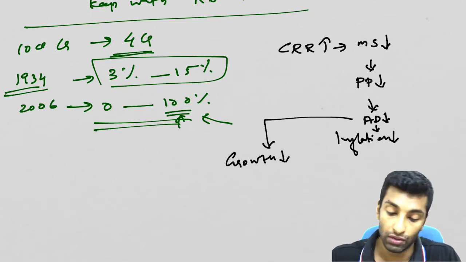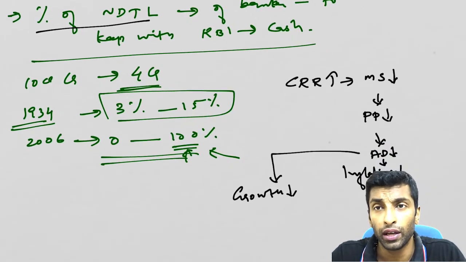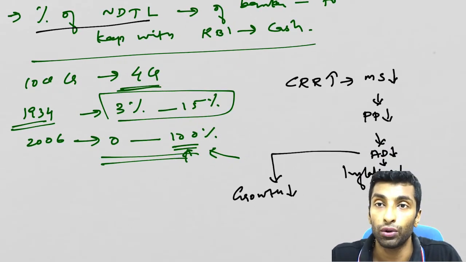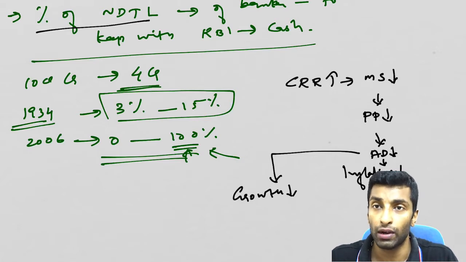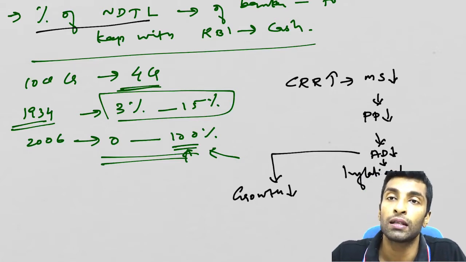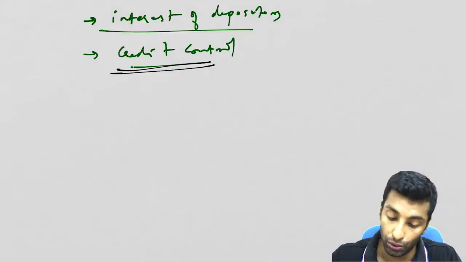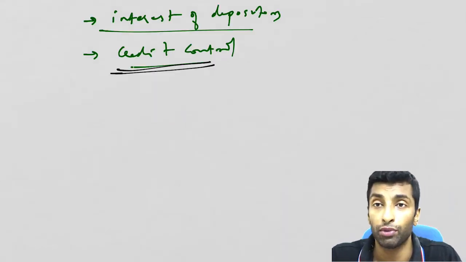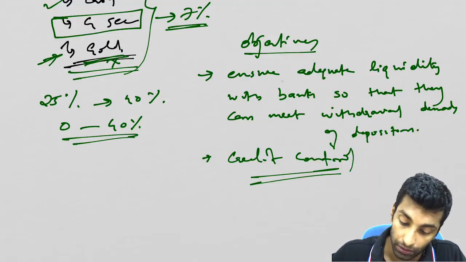So this is what we have discussed with respect to CRR. Now if you need to boost the growth, CRR has to be reduced, so money supply will be increased, so aggregate demand will increase, so growth will increase. But the problem is inflation will also increase. Both go hand in hand. So you cannot achieve both of them simultaneously. And then we have discussed